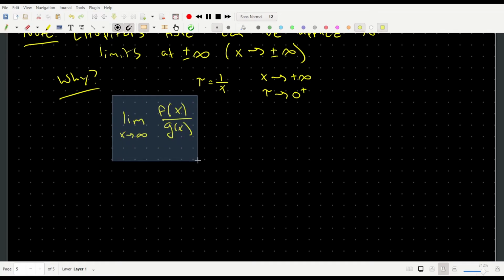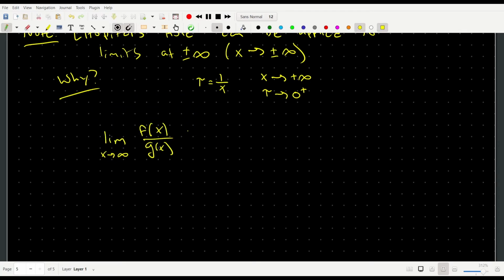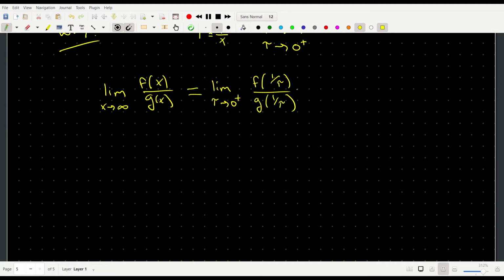So in terms of our functional limit, this becomes the same thing as the limit as tau goes to 0 from the right-hand side of f of 1 over tau over g of 1 over tau. Right, this is basically using the helper variable to rewrite our limit as x goes to infinity in terms of a limit where L'Hopital's rule will in fact apply. And then we can apply L'Hopital's rule to this expression right here